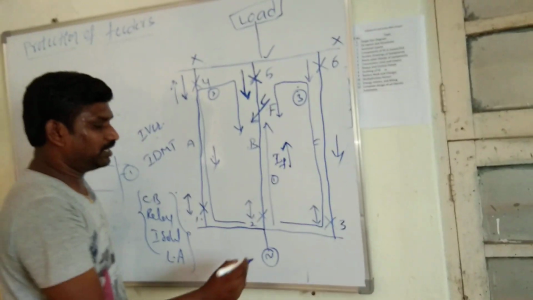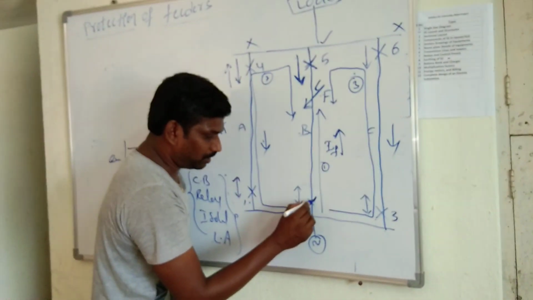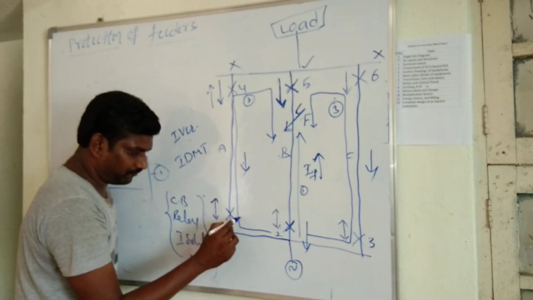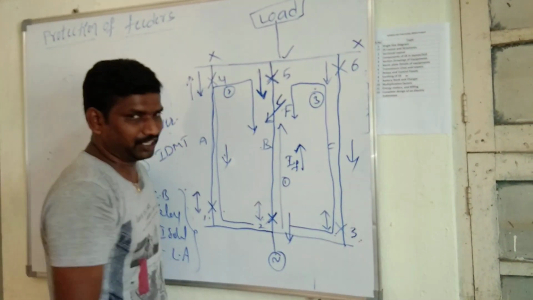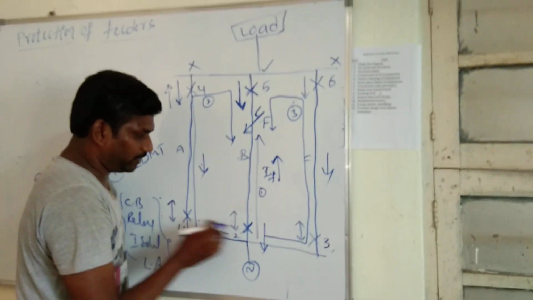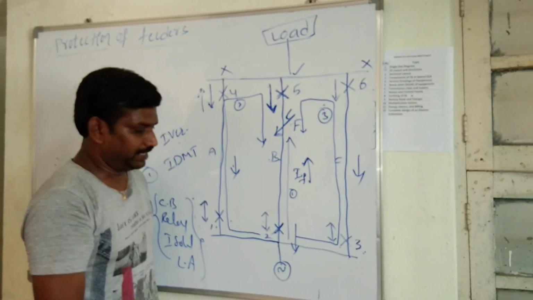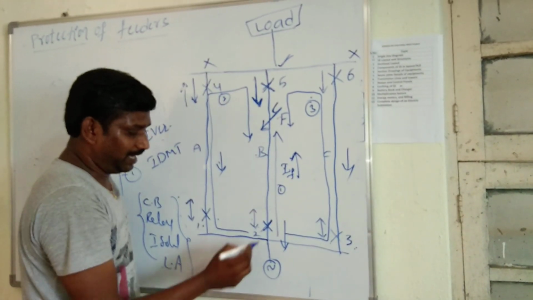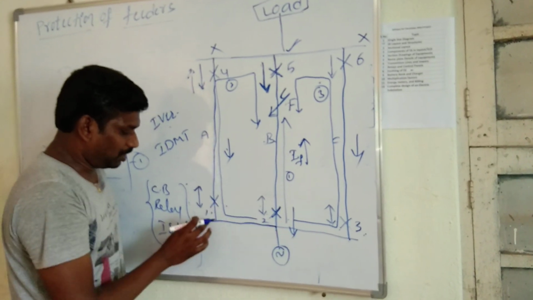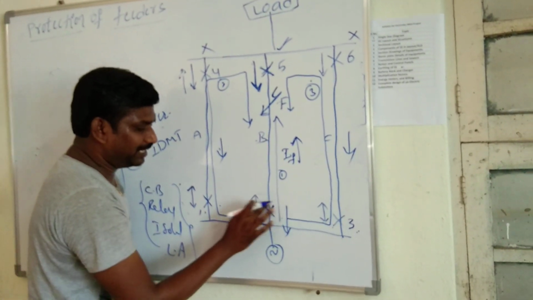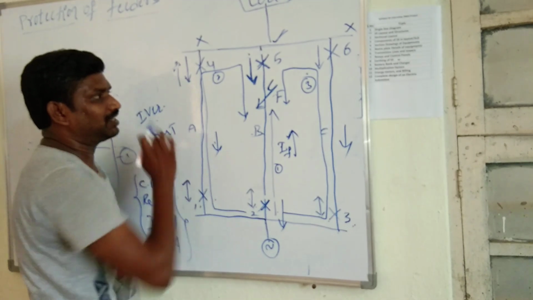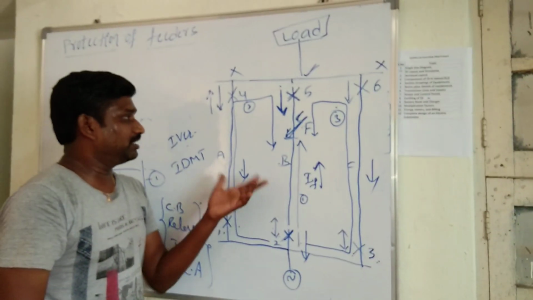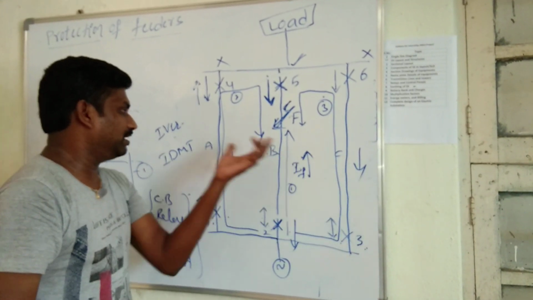So due to the high magnitude of fault current, the time of operation of relay 2 will be minimum as compared with the time of operation of relay 1 and relay 3. So before operation of relays 1 and 3, relay 2 will be operated. Once relay 5 has operated, it opens, and relay 2 will be operated before the operation of 1 and 3. So it is also operated. Once these two relays are operated, only the faulty section will be isolated from the system. So there is no operation of the healthy system.